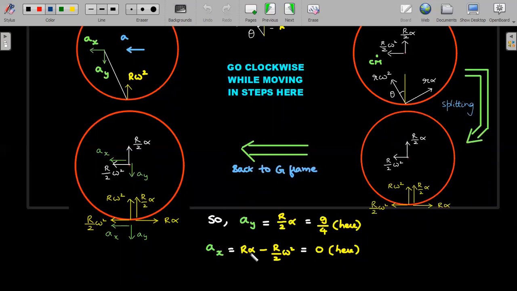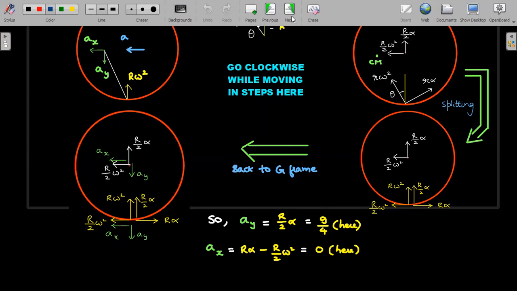So when ax has been written as r alpha minus r by 2 omega square, substitute r alpha value and omega square value from the previous slides, you get a 0 here. That means there is, fortunately, because of the numbers that are given in this problem, the center of mass at this instant doesn't have an x acceleration. Okay, so we got the acceleration of center of mass for both the components solved here. So I'll borrow this information into a free body diagram in the next slide if you're ready.